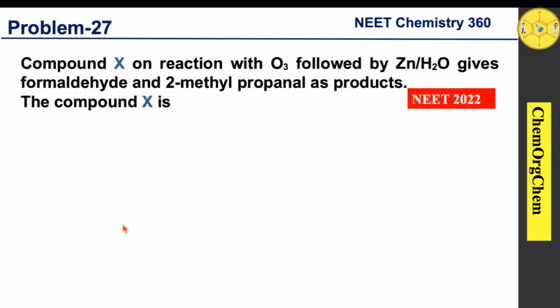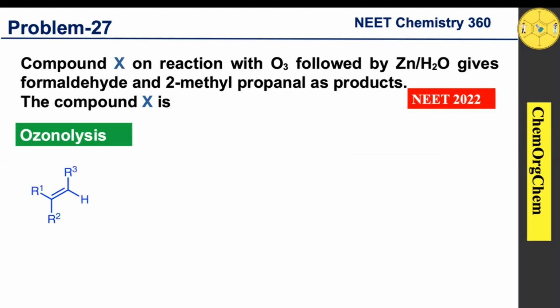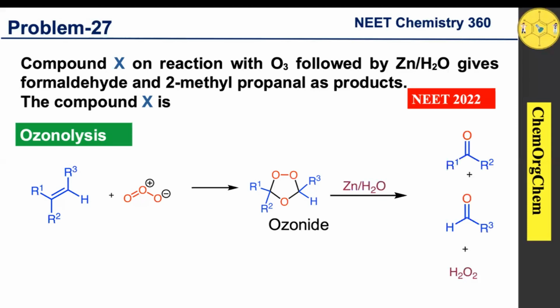Before moving to the solution, let's talk briefly about the ozonolysis reaction. Ozonolysis is one of the important organic reactions. In the ozonolysis reaction, an alkene reacts with ozone, which initially produces an ozonide intermediate. This ozonide intermediate quickly collapses when we use zinc and water, producing carbonyl compounds and hydrogen